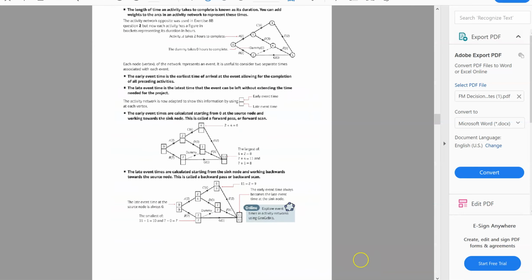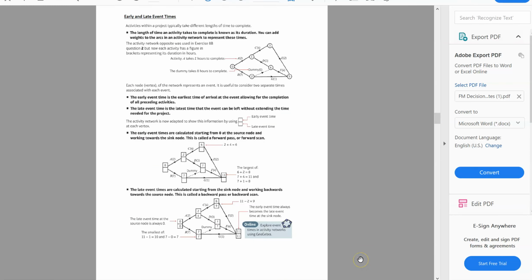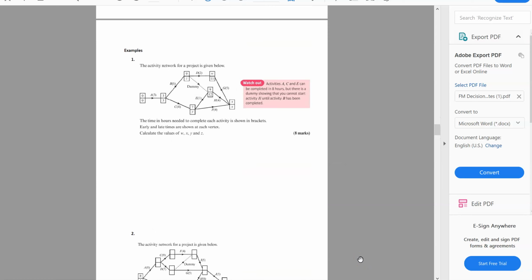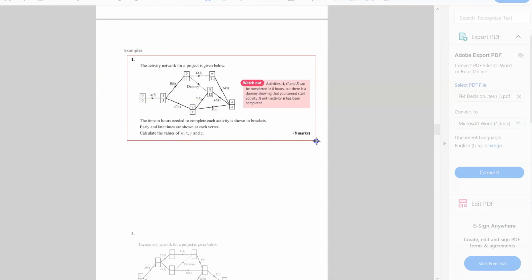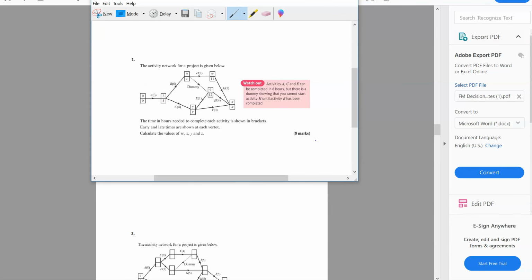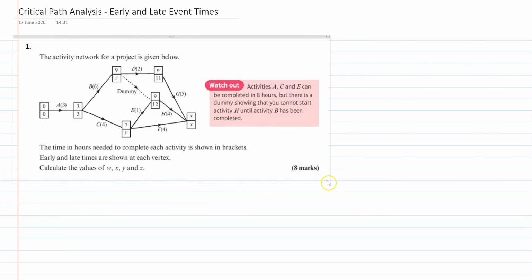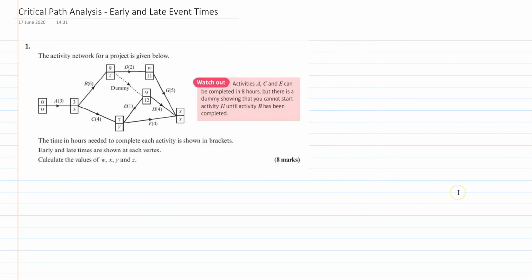So you've got your notes, which look like this. And then if we just go a little bit further down, we can start to look at how we calculate our early start times and our late finish times. So just let me paste that into here. If I can find my mouse, there we go. Let's make it a little bit bigger. Okay, so